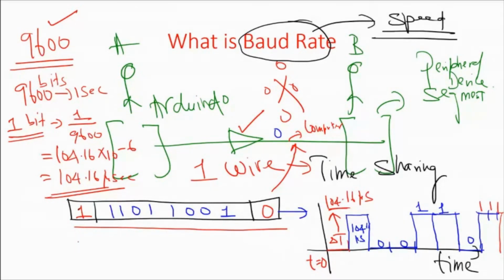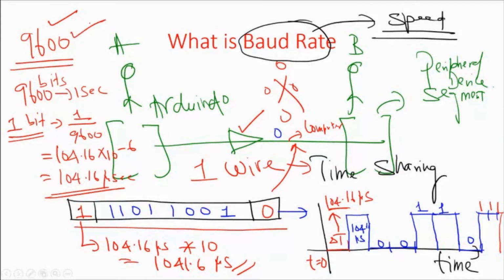So what is the total time taken for transmitting the complete 10-bit data? Each bit takes 104.16 microseconds, and we multiply by 10, which is 1041.6 microseconds, the total time taken. If each fellow takes half an hour, 30 minutes, the 10 fellows would have consumed 300 minutes, 30 into 10. Each bit uses this wire for 104.16 microseconds. So who defines this 104.16 microseconds? I decide, because I want a data rate of 9600.